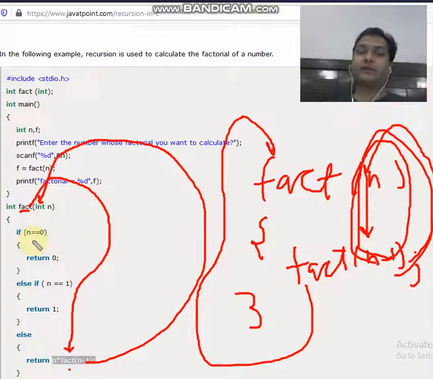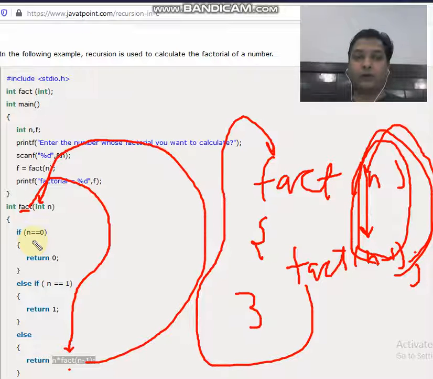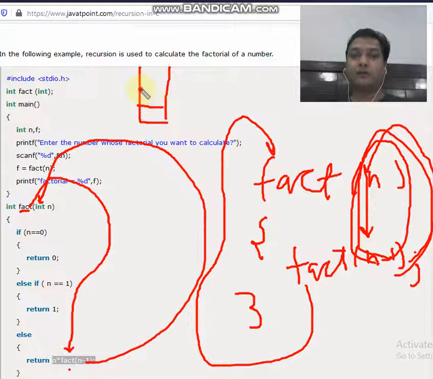And for your knowledge, I will tell you that the recursion, or the recursive function, always takes the help of the data structure called stack. And stack is a memory where the things are stored like last in first out.